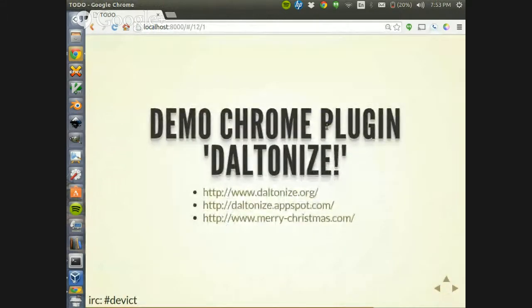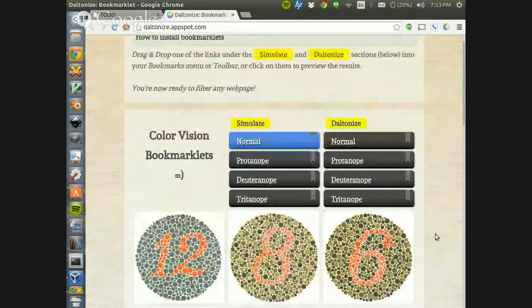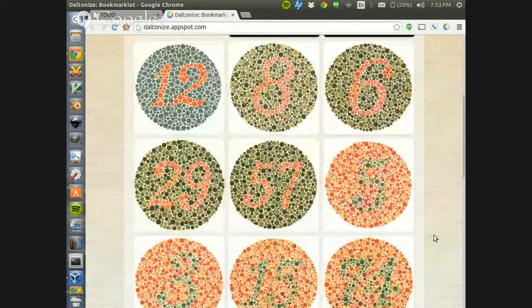Right, there is a Chrome plugin called Daltonize, which, if you look here, I would suppose if you are not colorblind, you can see there are these down here which would be more susceptible to losing the distinction of the 74 and the 15.